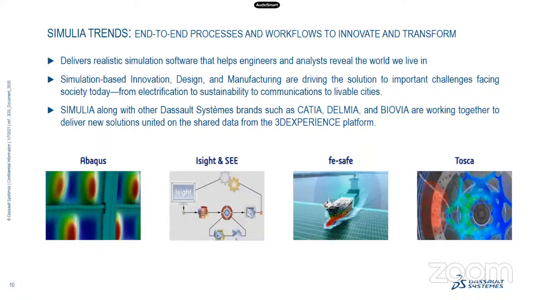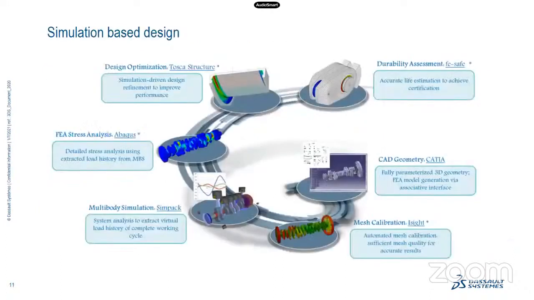Okay, to address customer requirements, what is the basic concept? You can see here, we have a CAD model. For example, our brand for modeling is CATIA. So we have a CAD model from CATIA, and we use Isight. Why are we using Isight? For optimizing the mesh. So we have an optimized mesh here, and this mesh we can now use.